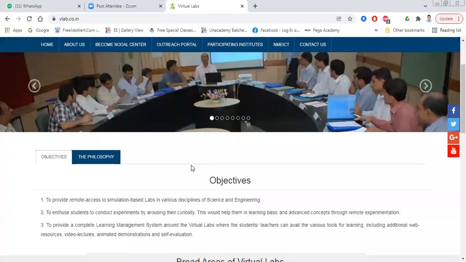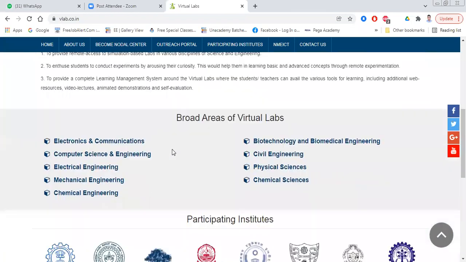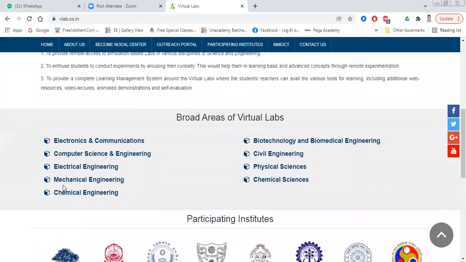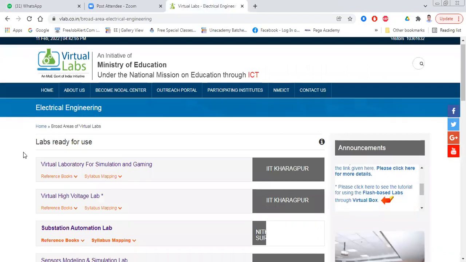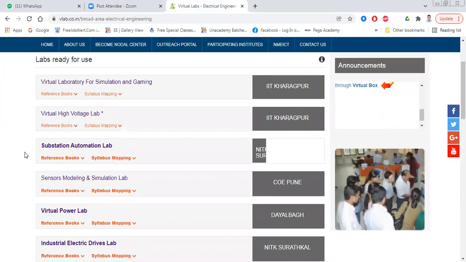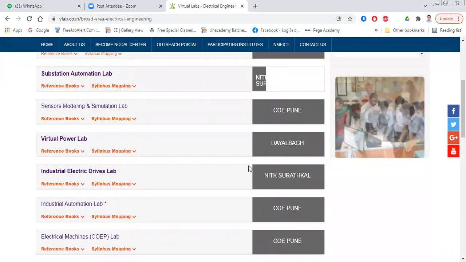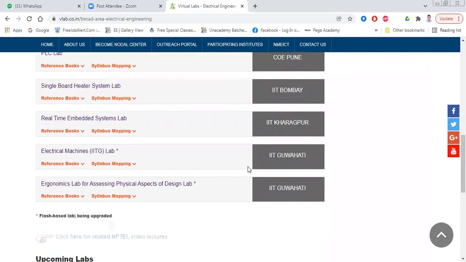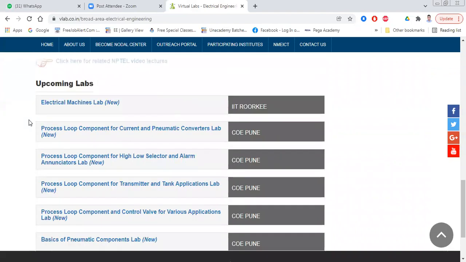Okay, in the bottom of this page, you can clearly see various labs are there. These all are virtual labs. If we go to the electrical virtual lab section, in this section you can clearly see many IITs have built their virtual labs and put them in the public domain. And you can clearly see in the bottom,